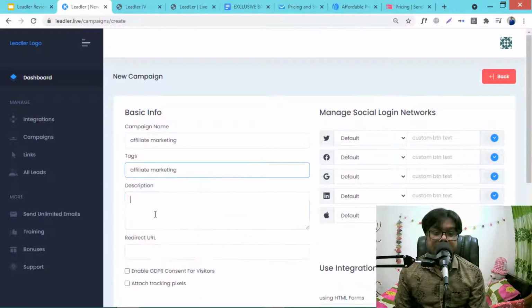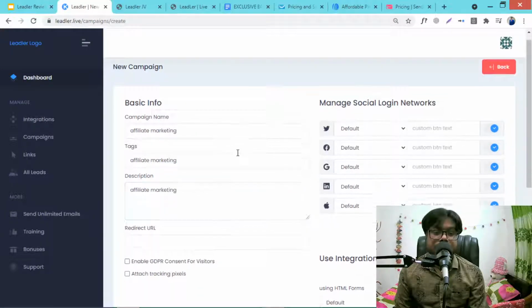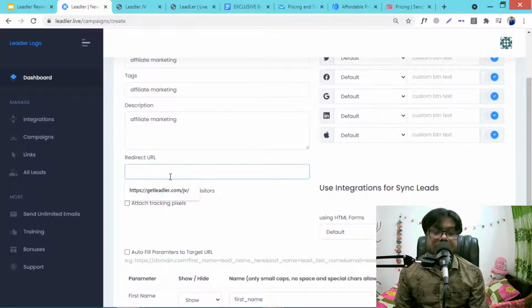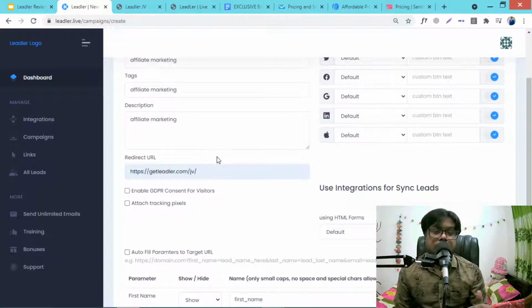Then tag, description, then redirect URL. This means the affiliate link or your page, the page to which you want to redirect your audience after the opt-in. This is the redirect URL.